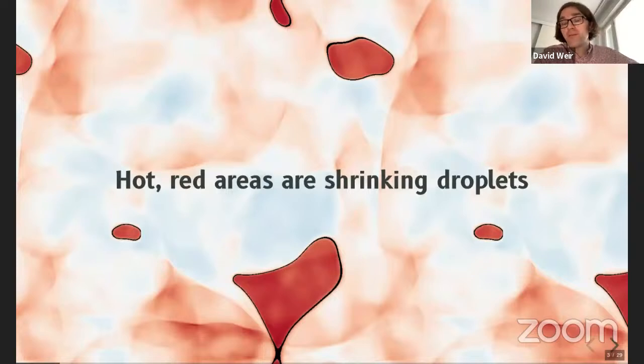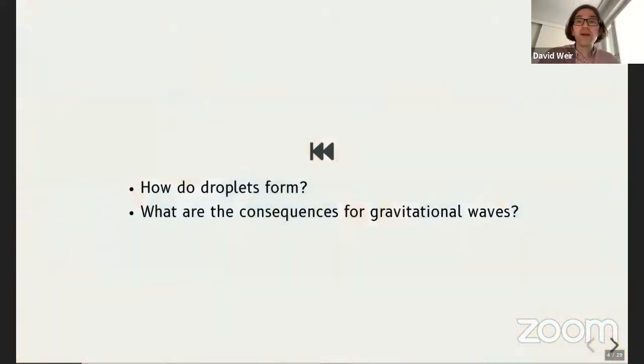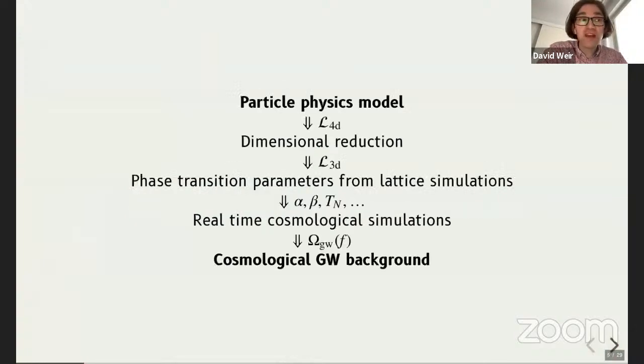These hot red areas are so-called shrinking droplets, and they're the thing I want to focus on at the end of my talk. But I want to take you back to the start of this analysis pipeline that we talk about, and ask how droplets form and what the consequences are for gravitational waves. In order to understand that, we need to begin with a particle physics model. I'm going to follow up on what Ollie was saying, and talk a little about how one would use dimensional reduction to make that easier to study non-perturbatively, and then get phase transition parameters from that, which we can then use as input to, or matching for, cosmological simulations,